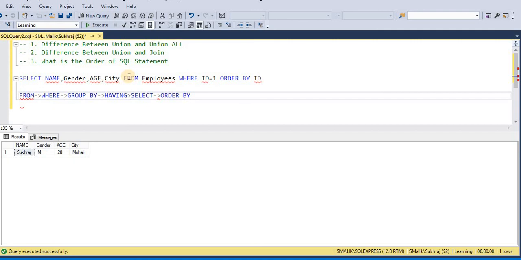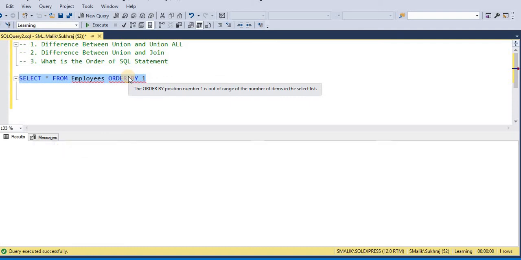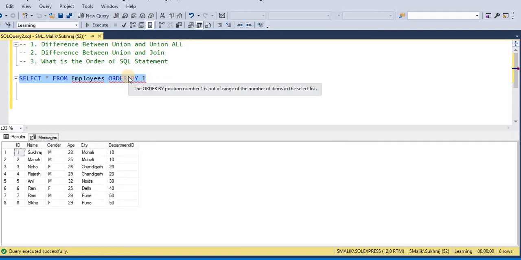Let's discuss one more question on SQL Server, mostly asked in interviews to those who have experience between 1 to 2 years. What will be the output of this? If I am writing something like this, in that case what will be the output? Yes, in that case there will be no syntax error.